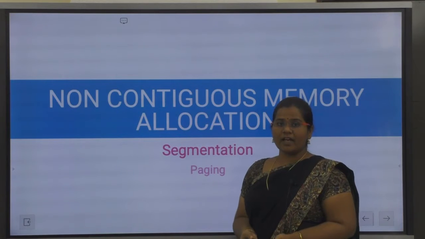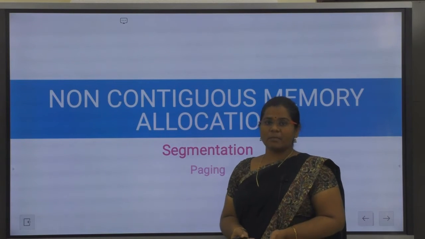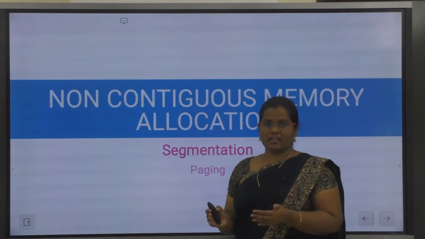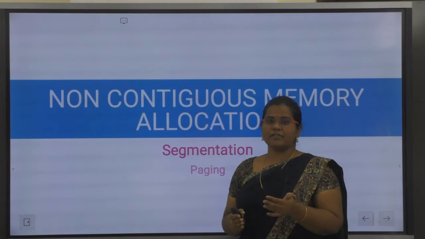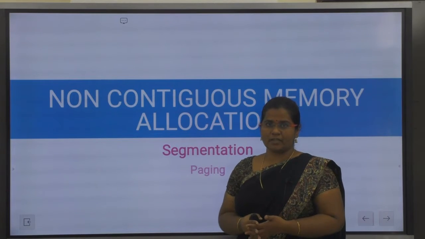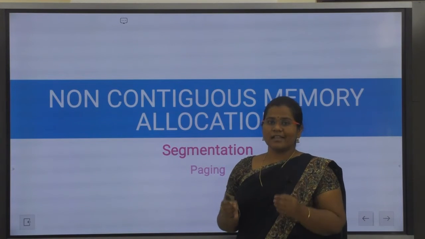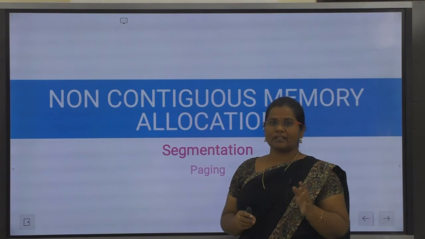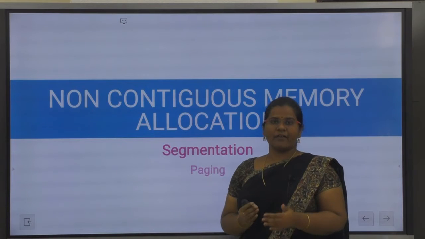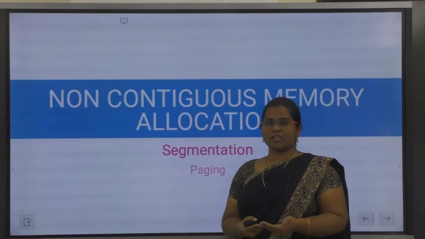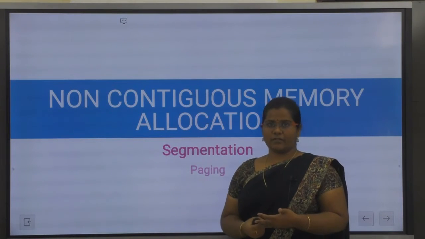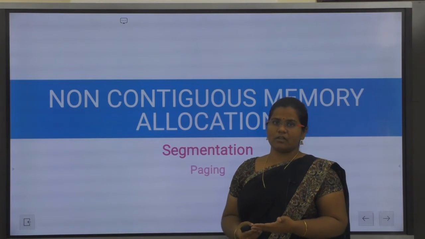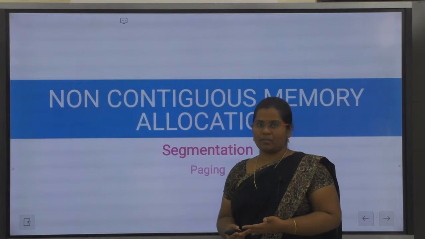In the previous video we have seen about contiguous memory allocation, how processes are placed in main memory in a contiguous fashion. In that we have seen two methods, fixed sized and variable sized partition methods. In order to select which empty memory hole should be selected for a process to be allocated, we have gone with three methodologies: first fit, worst fit and best fit. And the disadvantages of using these three methodologies are external and internal fragmentation.